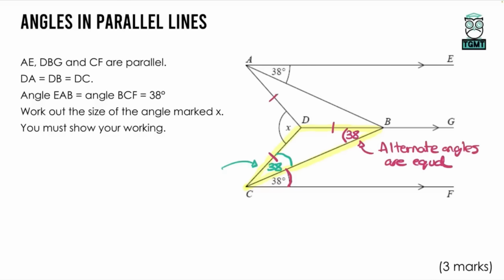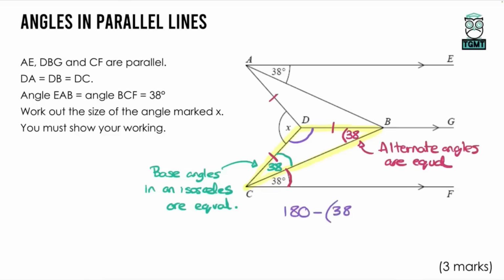And although we're not giving the reason, we have base angles in an isosceles are equal, and that comes up quite a lot. So there we go. Base angles in an isosceles are equal. We can now find the top angle within the triangle, so this one just here, because angles in a triangle add up to 180. So we can do 180, and again it does say you must show your working, take away, and then we have the two 38s, so 38 plus 38, you could work that out and then take